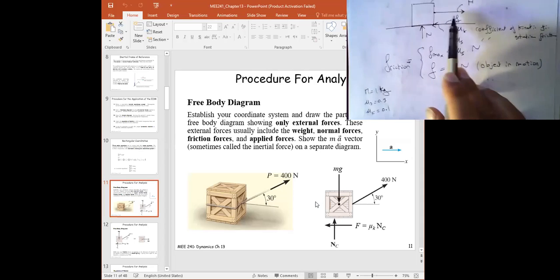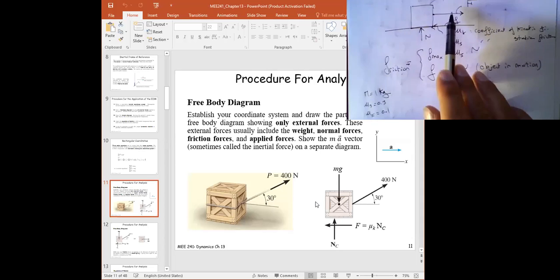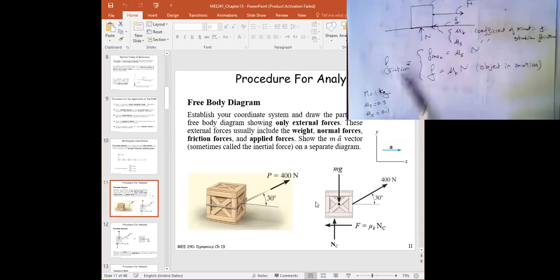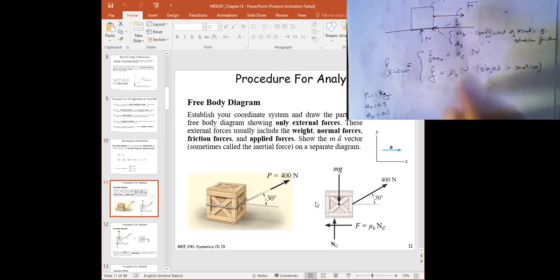this object as a result of applying different forces. Let me repeat one more time: let's find the acceleration of this object as a result of increasing the force, given that we have this friction condition. So let's do a free body diagram. How would the free body diagram look on here?